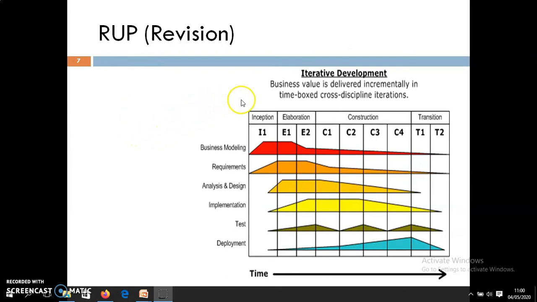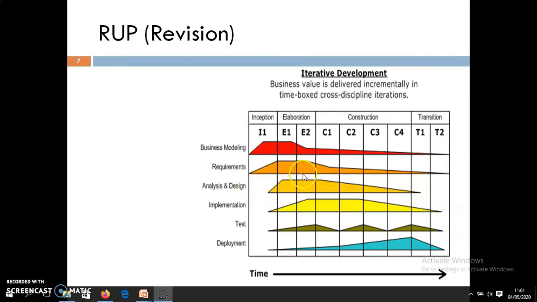The Rational Unified Process of software development considers the business values, and based on that, incremental delivery is done in time-boxed, cross-discipline iterations. These are the inception, elaboration, construction, and transition phases of the unified process. The business model is considered in the inception phase, and business modeling is done, then gradually the requirements are also taken care of, and planning is done in inception and elaboration.